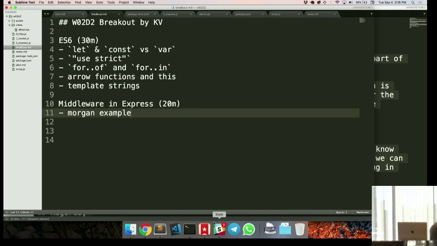Spencer, hopefully that's right, has said use strict is something I'd like to see talked about a little bit more today, because I see it everywhere, but I haven't used it yet. Others? Maybe I can move that one up.